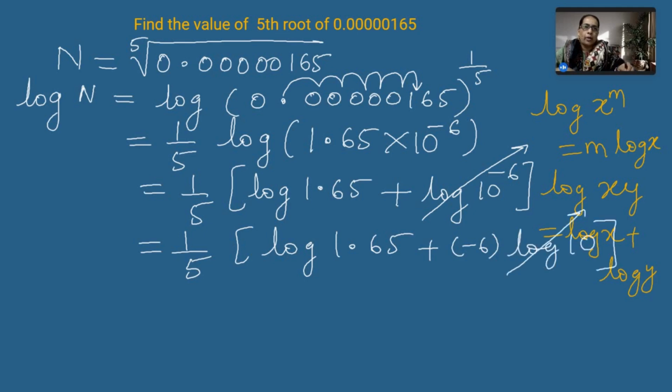And since the logarithms are to base 10, log 10 is 1. So log 10 is 1. We will have 1/5 of minus 6 plus log